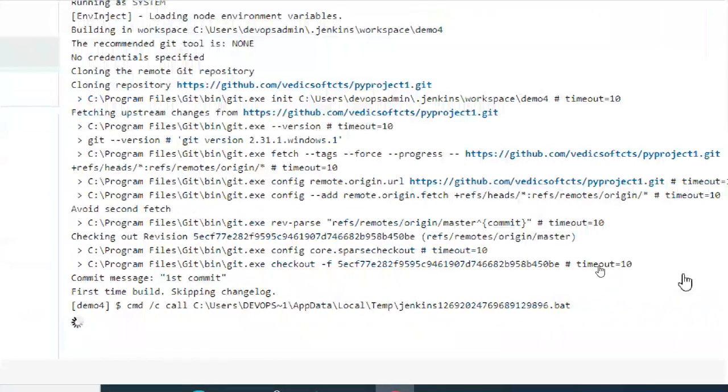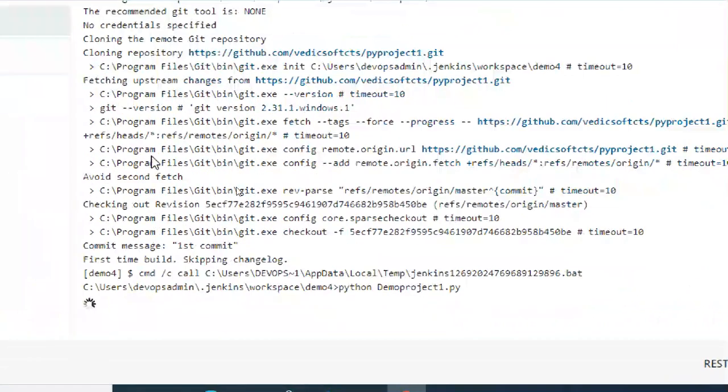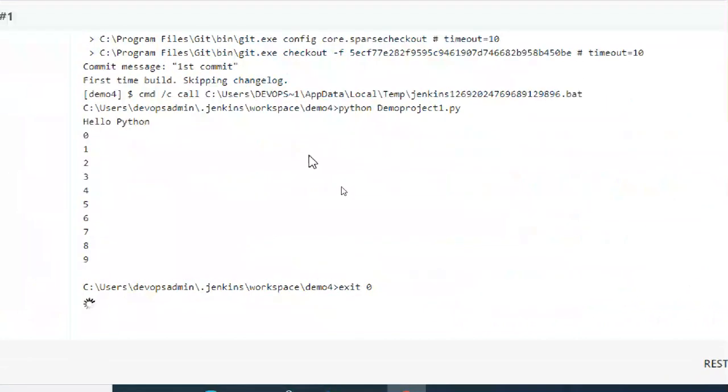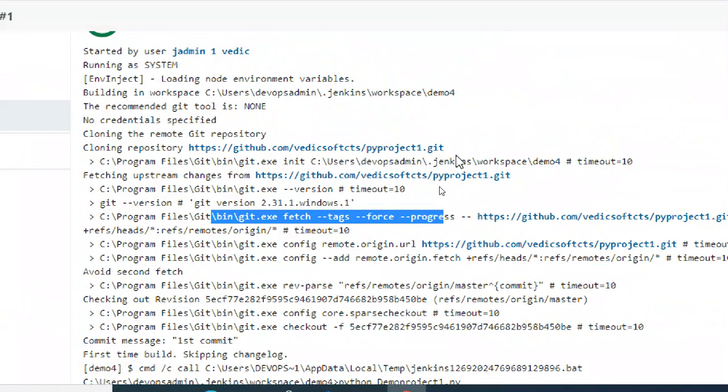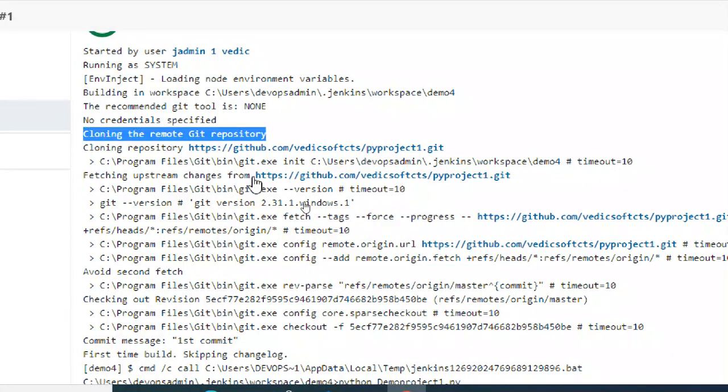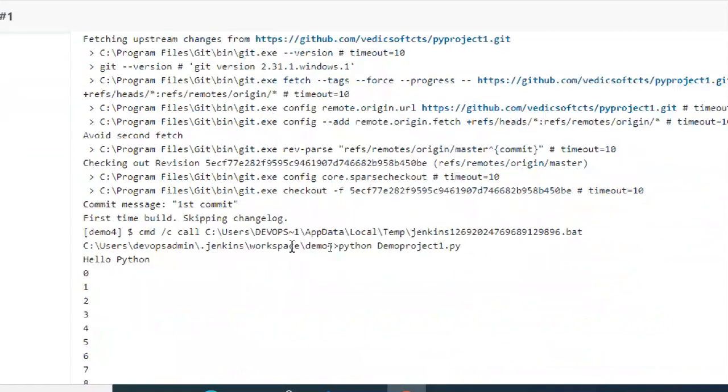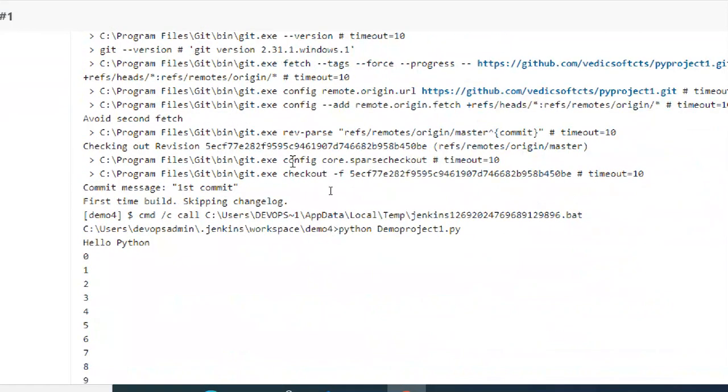So first, look at the progress. Okay, because it's Git. Yeah, it is successful. See, here it is cloning the repository. First it is cloning. After cloning is completed, then it is executing this command.